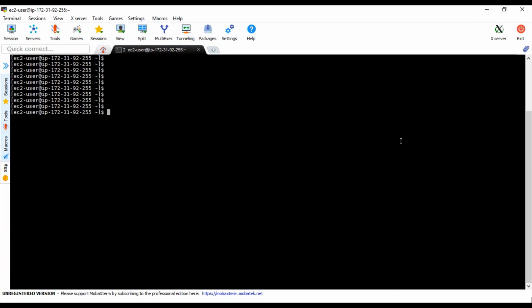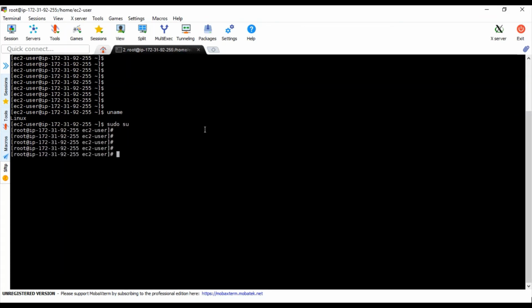Let me verify that. Yeah, so this is the Linux operating system, and I have logged in with ec2-user because this server is in AWS, so I need to perform commands with sudo, or I have to switch to the root user. So I'm going to switch to the root user with sudo su. Now I am logged in as root, and in that case sudo is not required. I can perform directly